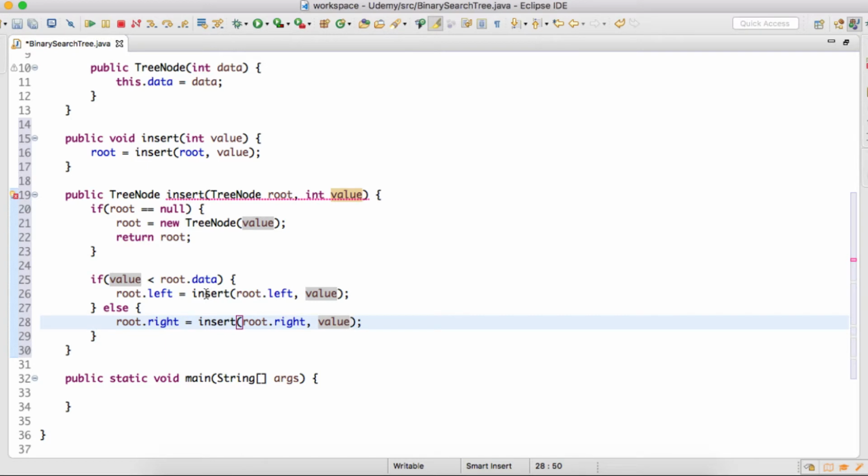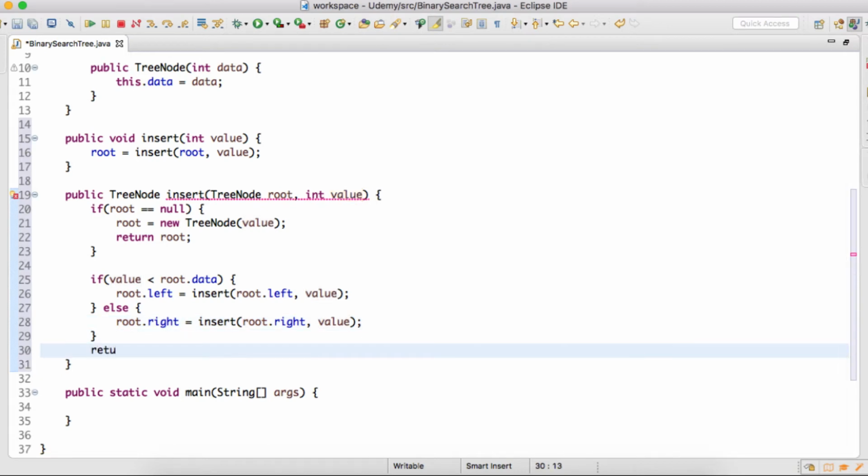So whatever the insert method will return, we'll simply assign it to root's left, and in the else part whatever the insert method will return, we'll simply assign to root's right, and finally we'll simply return root. So friends, in our previous tutorial we saw how this insert method works step by step.